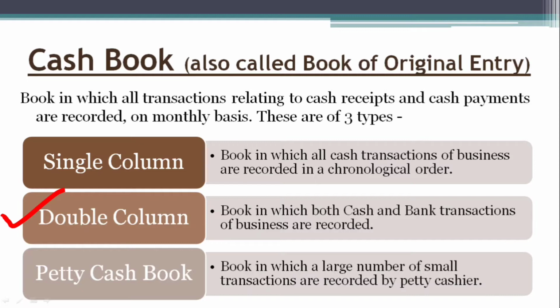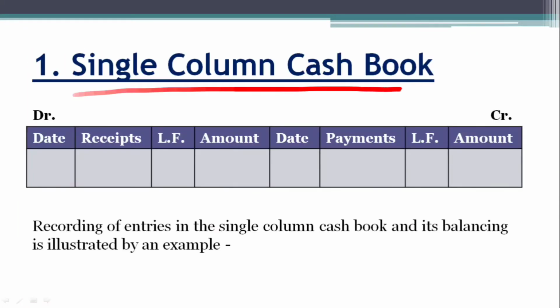Any cash book in which only cash transactions are recorded in the chronological order is known as the single column cash book. So now we understand that in a double column cash book, one additional thing should also be recorded in addition with cash. Yes, that is bank. We record both cash and bank transactions in a single cash book, and this cash book is known as the double column cash book. So let's start with our first topic, that is single column cash book.